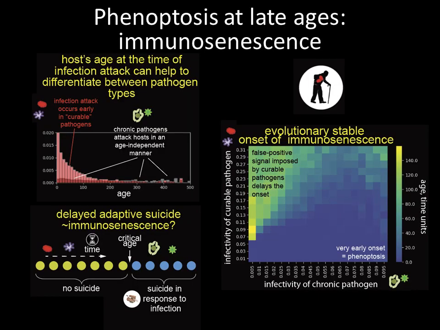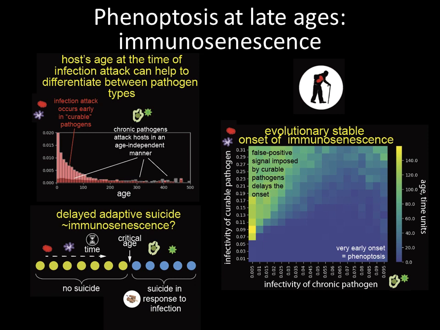Now a question: if aging is an immune adaptation, it should cross-talk with the immune system. So we cannot trust the immune system on the recognition of a pathogen based on its antigenic structure, but can we trust the immune system based on some epidemiological properties of pathogens? And we found such situations. For example, if you think about curable diseases, most of them attack children, right? Like polio, measles, these guys, they mostly infect people in young years